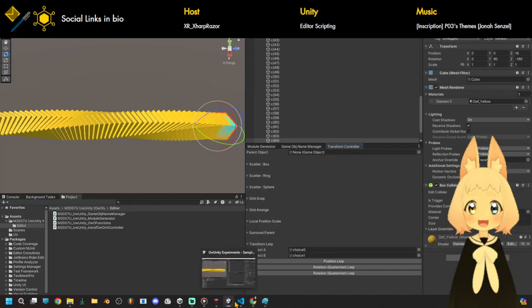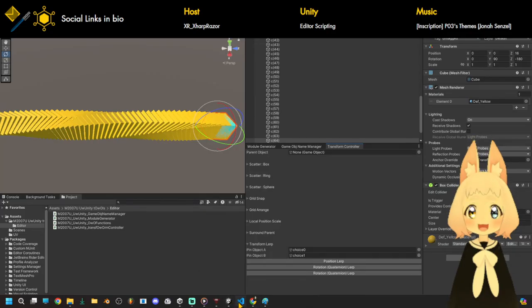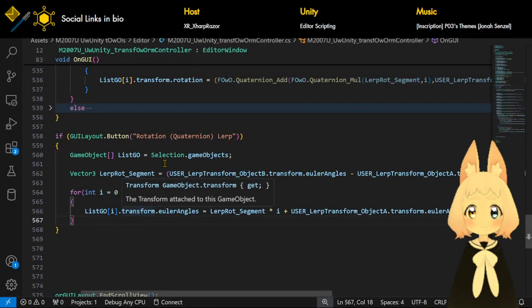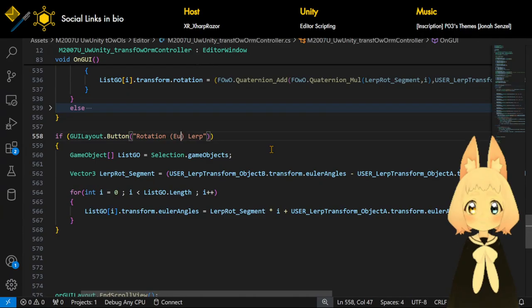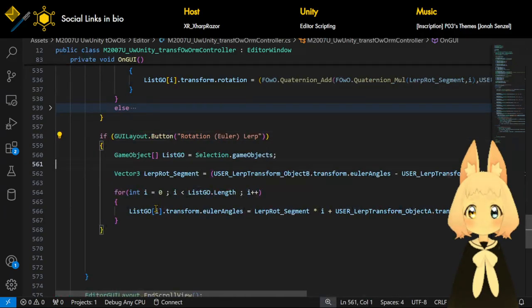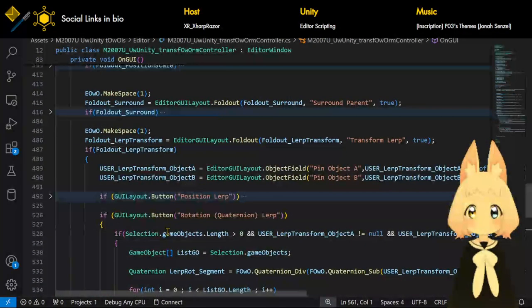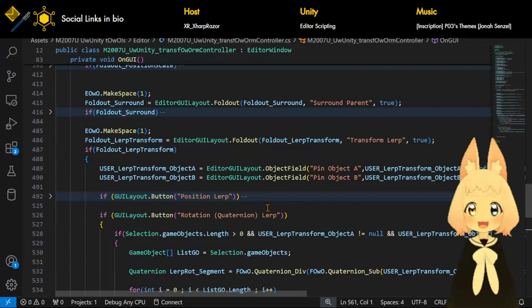So that's a problem with Euler angles. So that's the trade-off. Now, rotation, Euler. Yep, there we go. So yeah. Okay. Now we are done with a